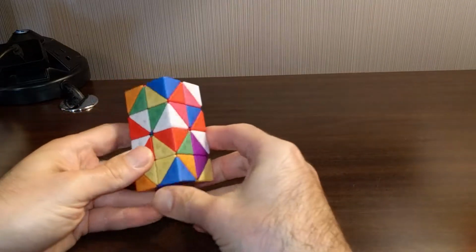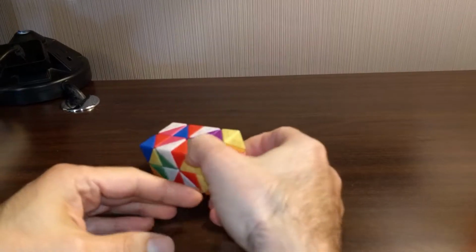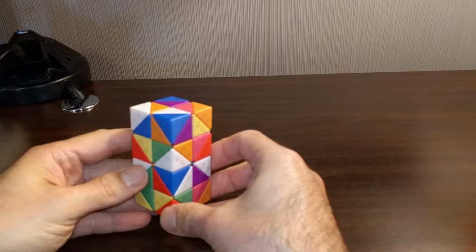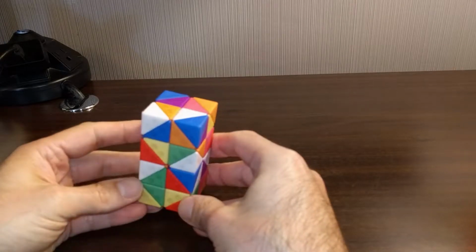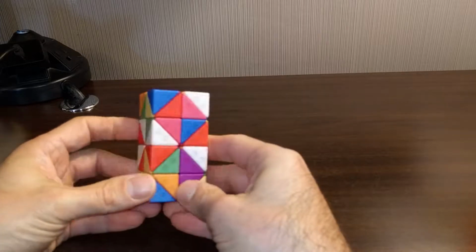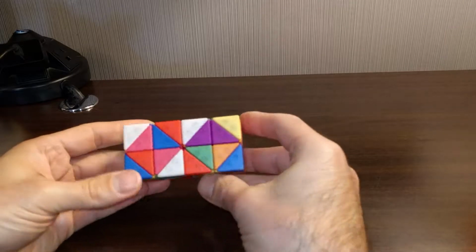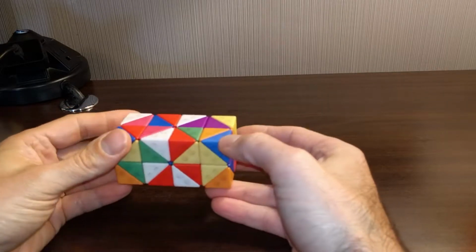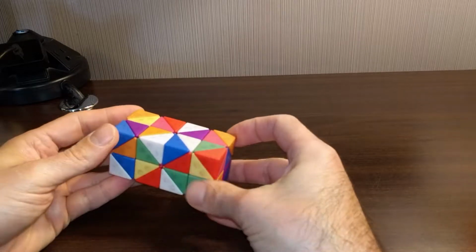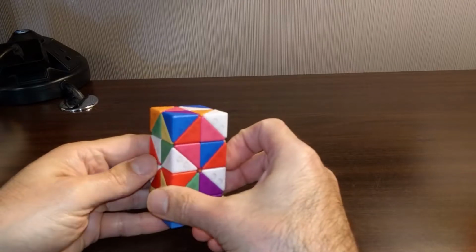Okay, now on to solving. When I solve, my first goal is to get blue and green on the top and bottom. I use lots of gyroscopic rotations to do that. The first thing is that I've got some blue and green corners on the top and bottom, and I don't really want them there because I can't do